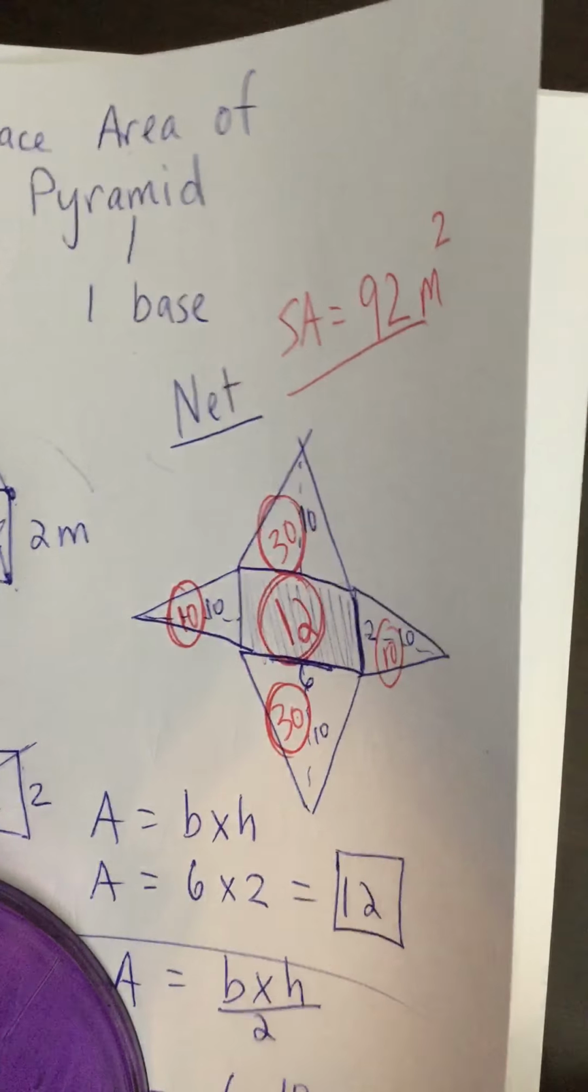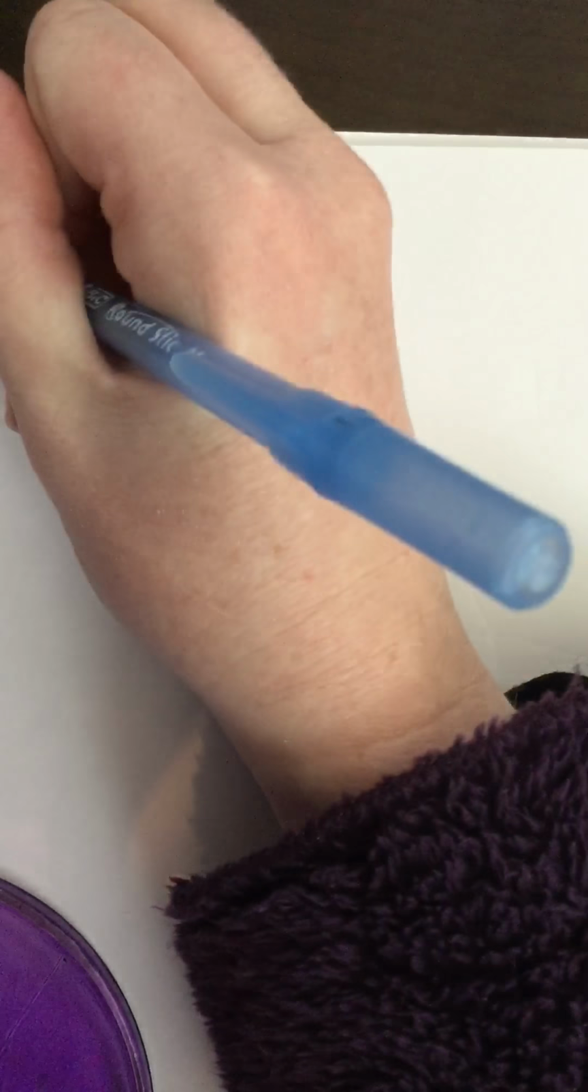Now what we're going to do is do the same problem, but instead of a rectangular pyramid, we will do a triangular pyramid. Okay, it's basically the same thing, so if you want to turn the video off, you can. The only difference is that with a triangular pyramid,